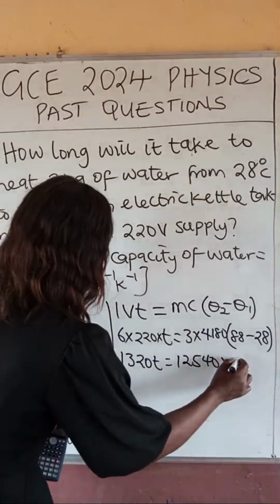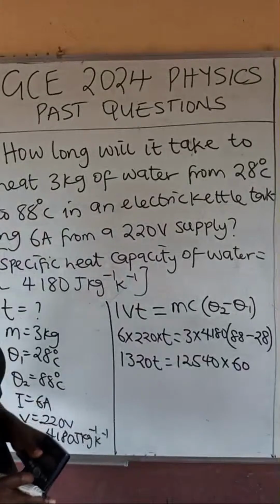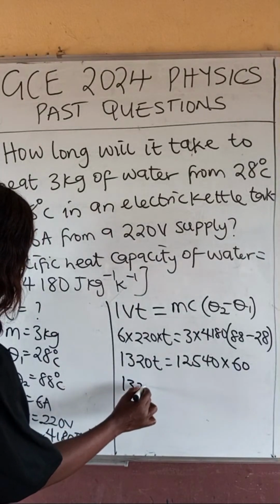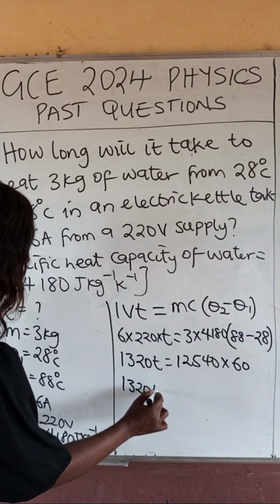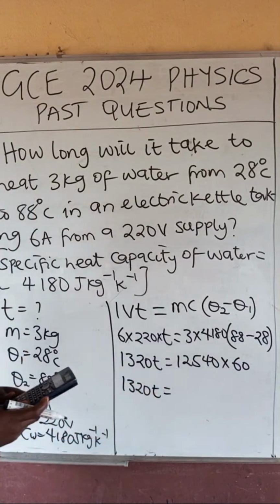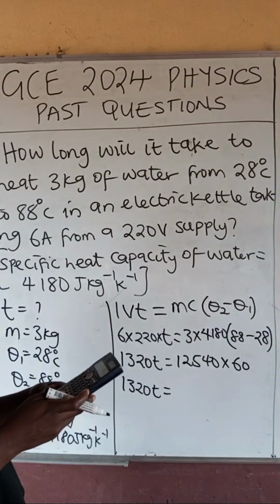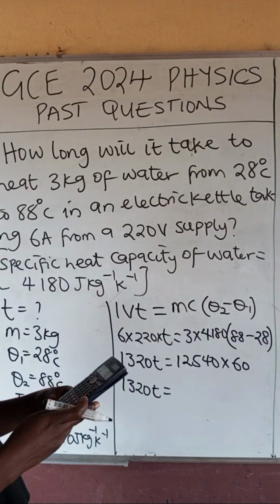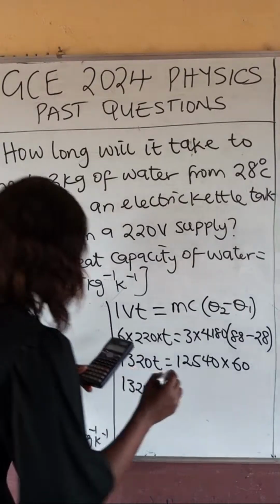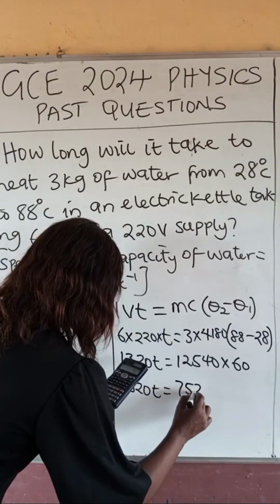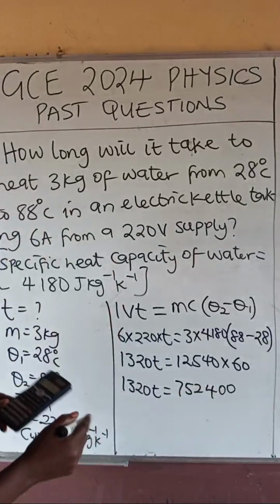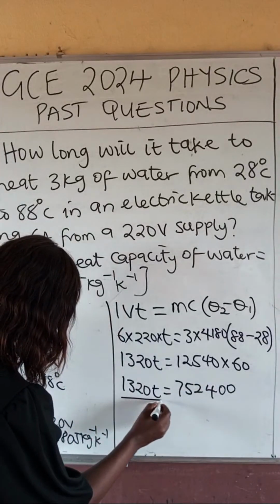So I multiply by what? 60, right? So let me break it down by saying 1320T is equal to 12,540 multiplied by 60. And my answer becomes 75200, right? Then I divide both sides by